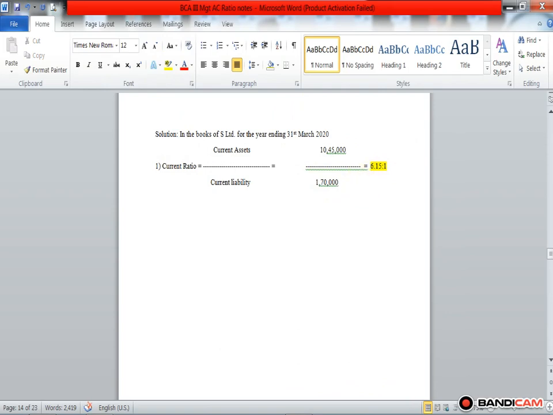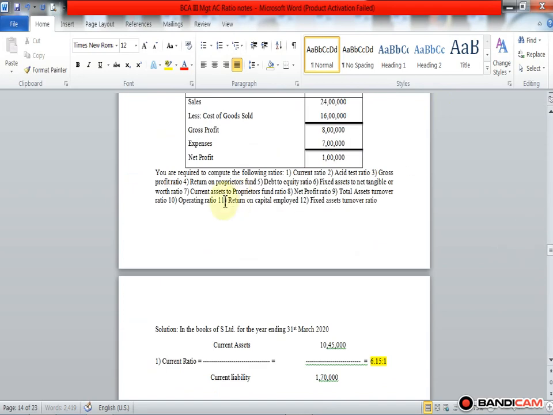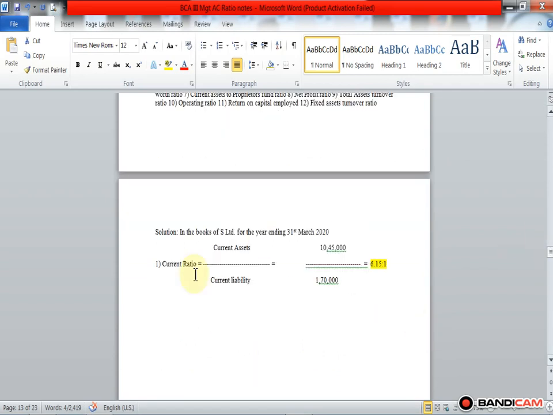Now we find out the acid test ratio. Okay, so here we solve, or we calculate, the current ratio. Now we are going to solve the second ratio, that is the acid test ratio. So acid test ratio is equal to